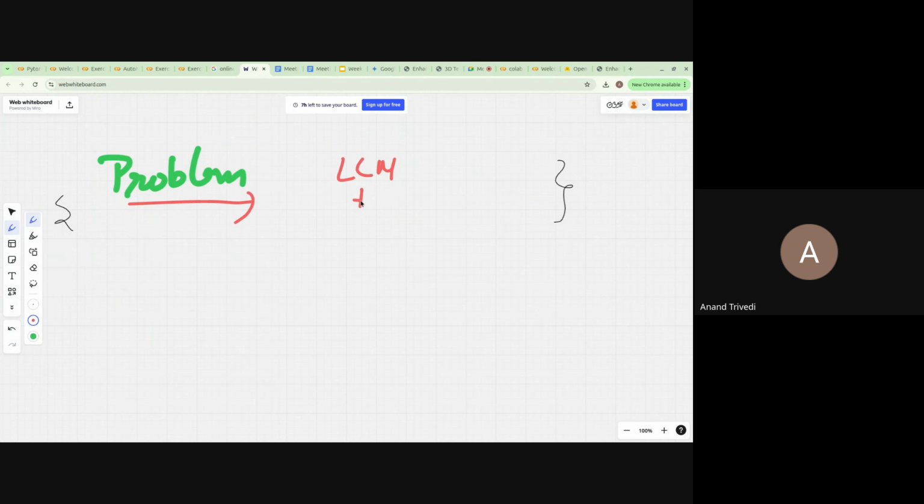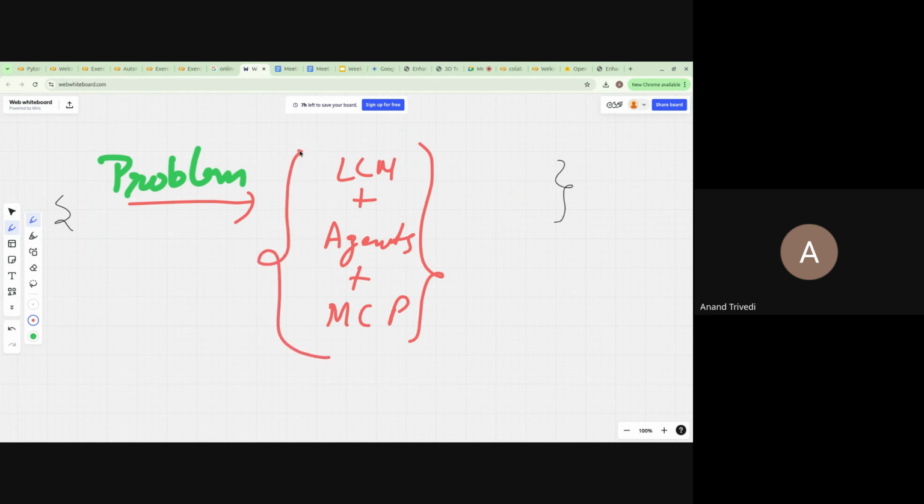On top of that, you need agents, right? On top of that, what you need is an MCP server, and on top of that, you need something else. A big fat architecture, really solving something that earlier a small AI model, or a small model plus a small application layer, could have solved. So yeah, this art is getting lost.